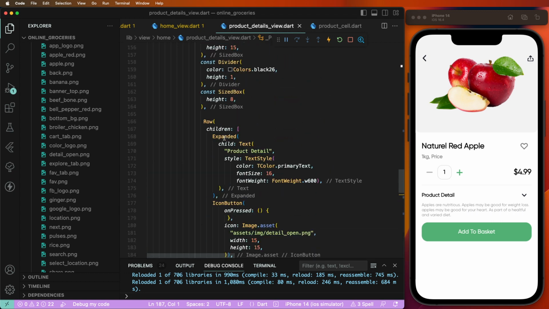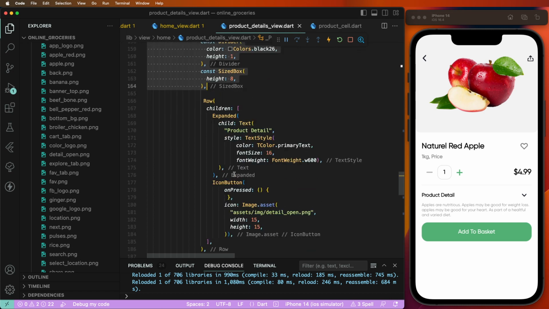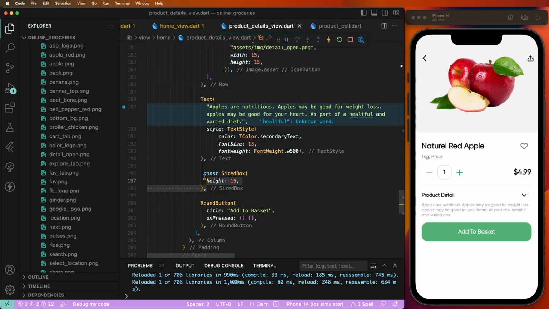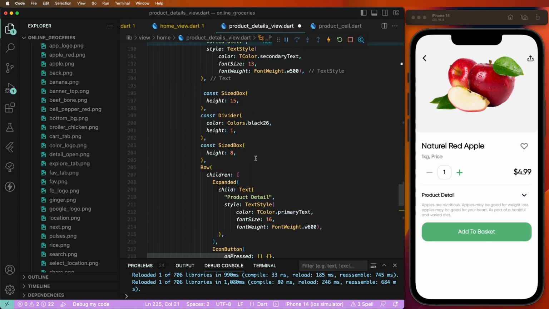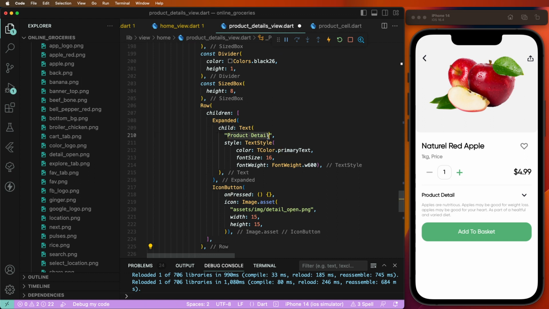Now need to create here the dividers. Now need to write down here the